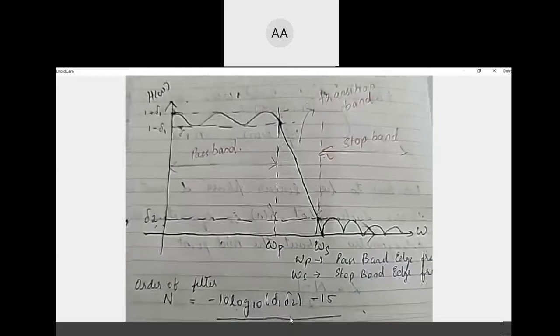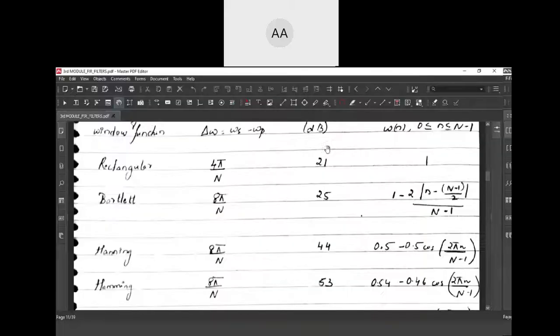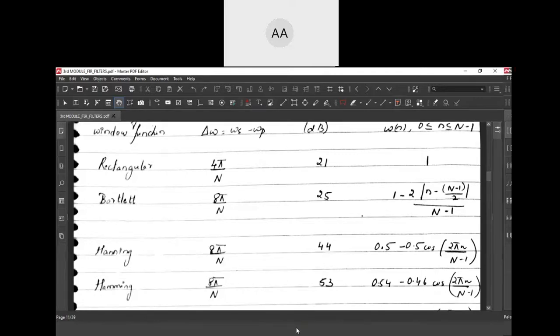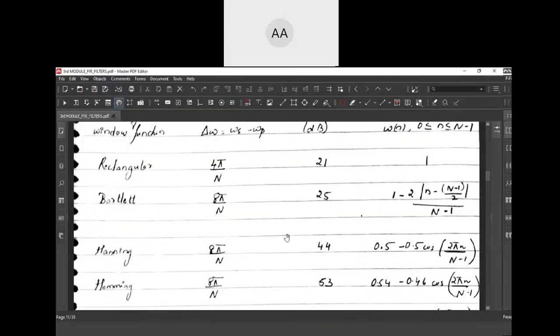Once you get the attenuation, you look at this table for these values, 21, 25, and accordingly choose the window. Sometimes in some problems they will also give you this transition width, delta omega. This is how they will specify it in the filter design problem, and based on that you choose a window.